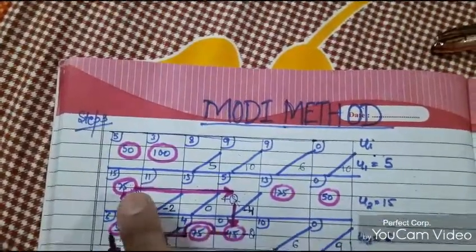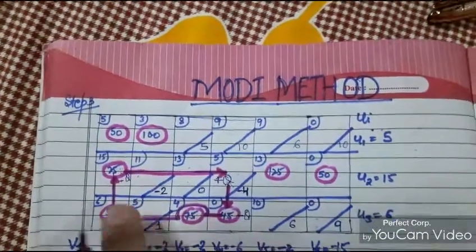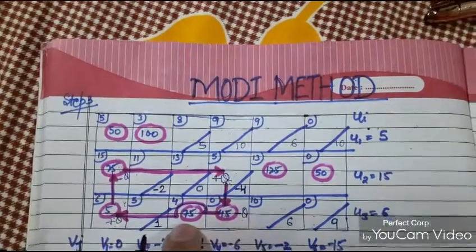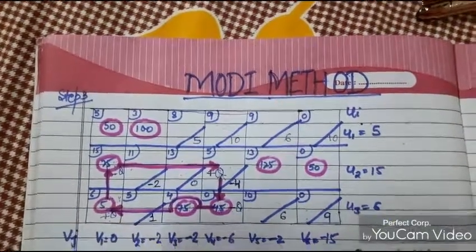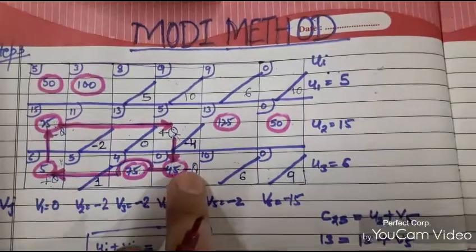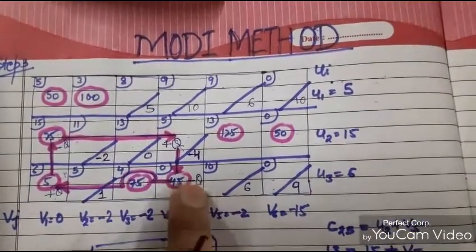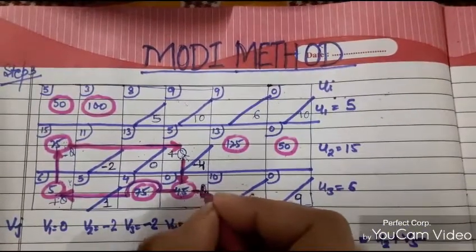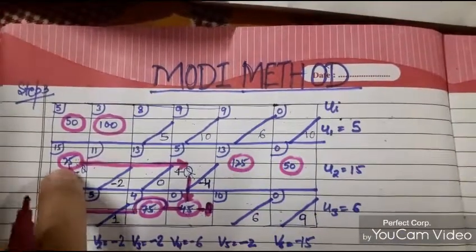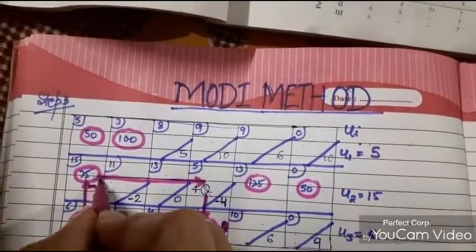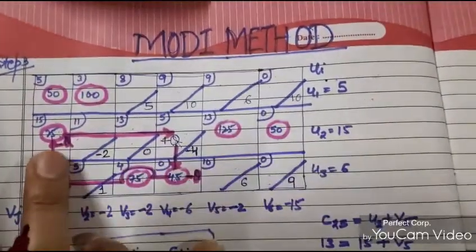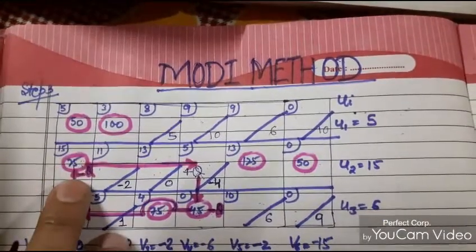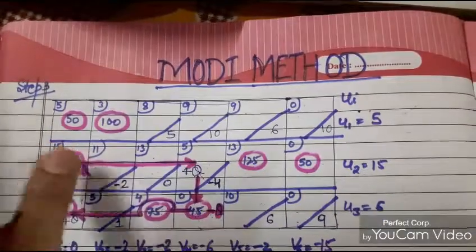Now we have to check the negative thetas, where the negative thetas are aligned. As we start checking where the negative thetas are, you will find that we have two cells: this cell which has 45 minus theta, and 25 minus theta. I hope you can understand it better. I just highlighted it with the color. 25 minus theta and 45 minus theta. We have two cells with negative theta.